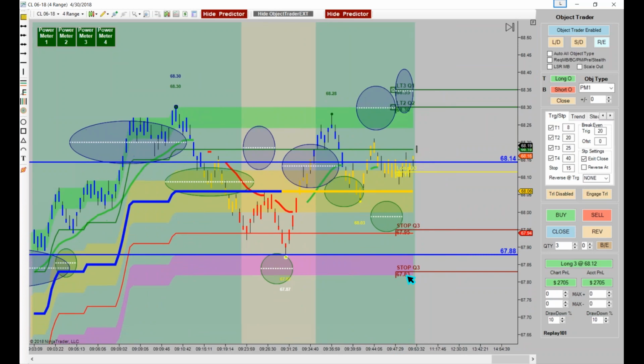Let's see if we can get another lightning. Now, if it hits a predictor, I'm going to look for even going the opposite direction on a separate chart. Let's see if we can get something like this. Predictor's up in here. And if it doesn't blow through it,